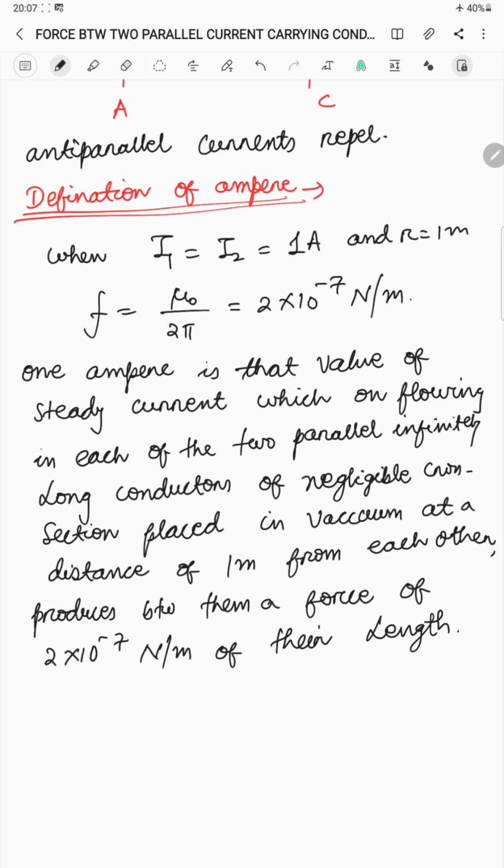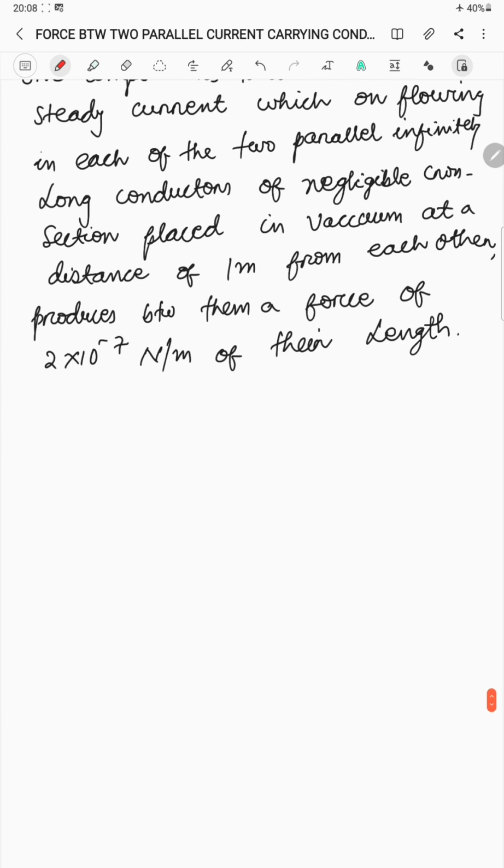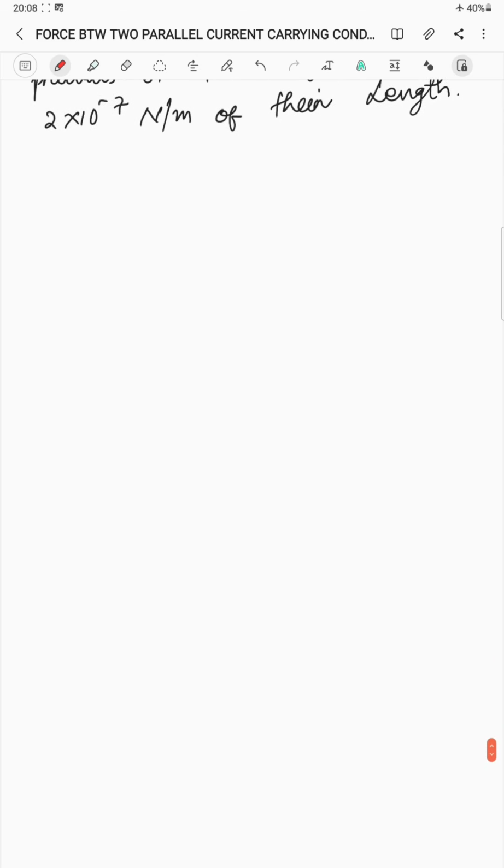So this comes for 1 mark and the derivation comes for 2 marks. So it will come totally combined up to a 3 mark question. Okay, is it clear? So now after this, let us do a small problem related to this. The common question comes for 2 marks. So 2 marks for derivation, 1 mark for the definition of ampere, and then this followed by the problem. So this will be total your 5 mark question, and it is very easy to get all the 5 marks also. So the question is,